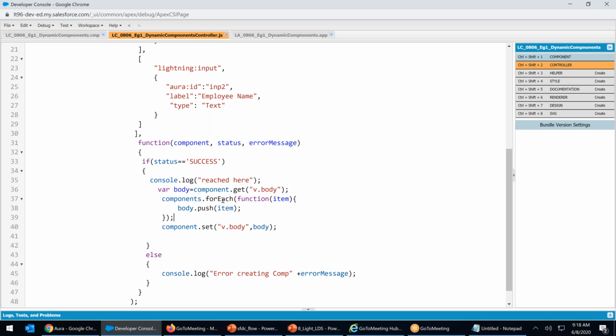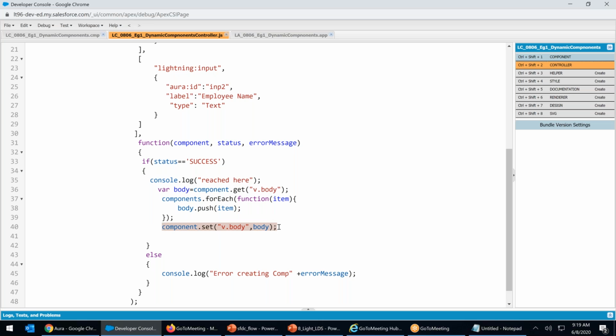Components.forEach function item, then I'm doing body.push, that's correct in this one item. And finally, I think inside the if loop we have to write component.set, else it's just performing the if loop and coming out of the loop it is doing the component.set.